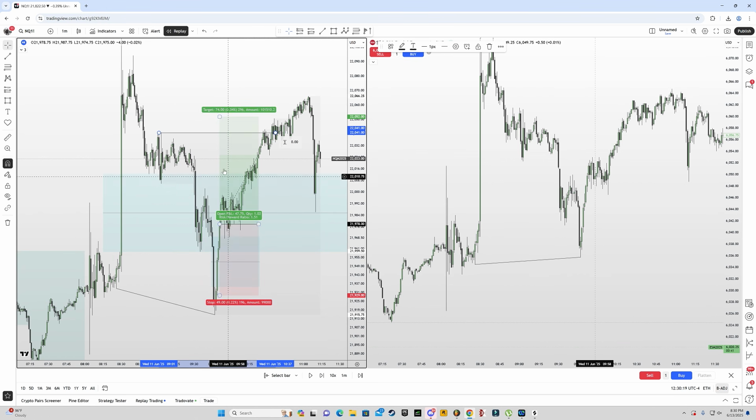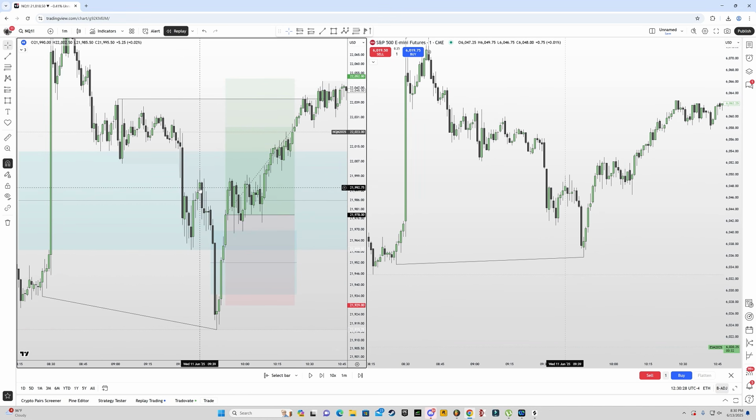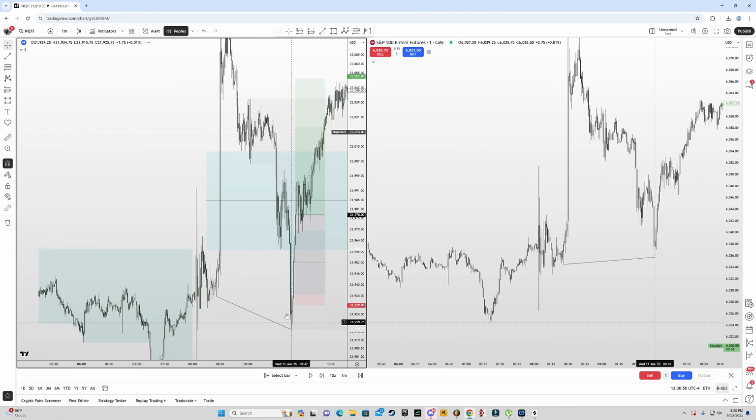Price taps into a higher time frame level. We look for SMT divergence, right? And then we look for inversion. Now, a key thing that I will tell you is look for these V-shaped recoveries. So instant liquidity sweep, SMT, and then instant recovery back up. So liquidity sweep, and without any consolidation, price pushes up aggressively and inverses all of the fair value gaps, or a fair value gap if there is one. And that was pretty much the trade I also took with the Discord members and also on my challenge account.